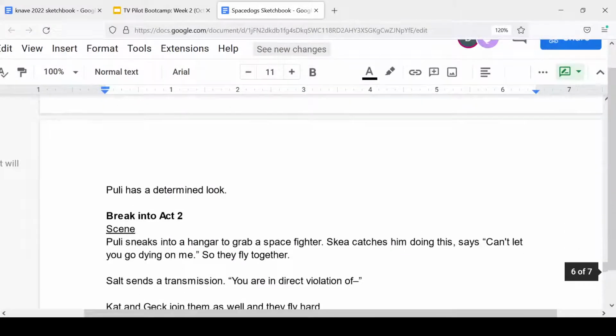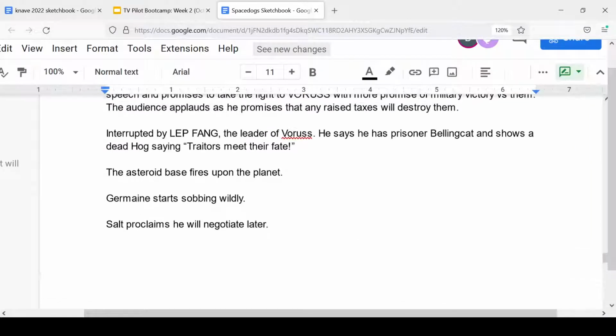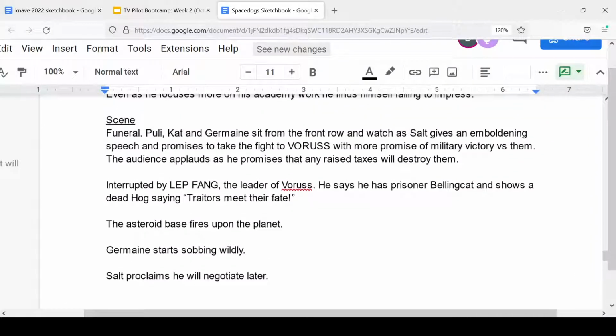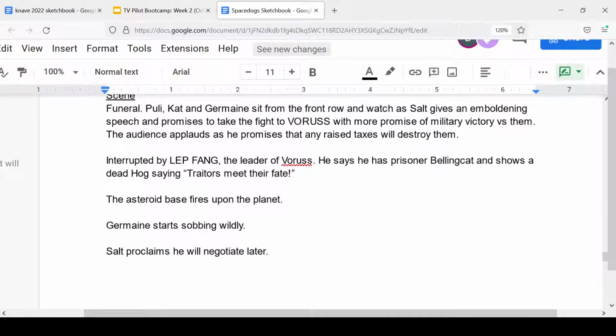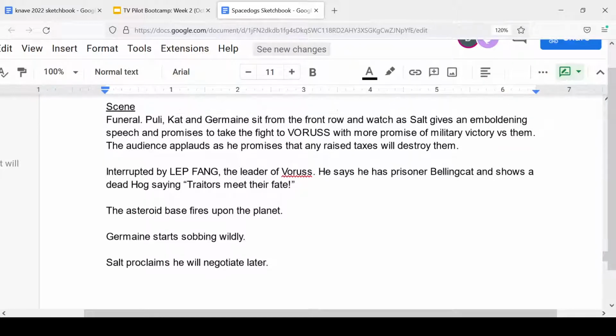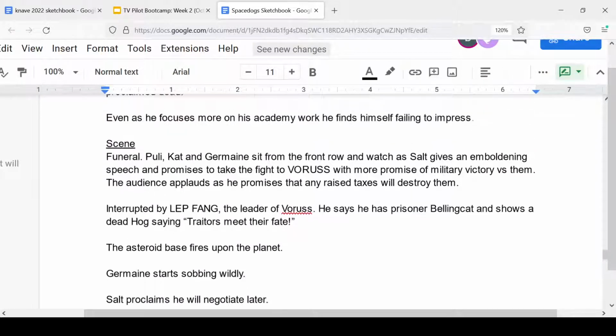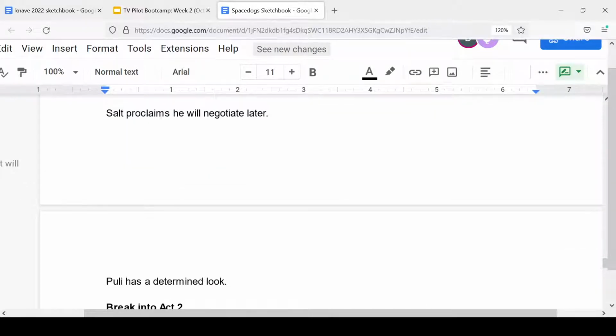Okay, that's going to lead us up to your break into 2, where your main character decides he's going to go take on that satellite himself. So you'll want to make sure that's really clear. If we're just ending on a determined look, we can't always glean what the character's thinking or what their plan is. So this would be helpful if it's a determined look, then a quick cut back to a shot of the satellite. Or this is usually going to be strongest when your main character is locked in,